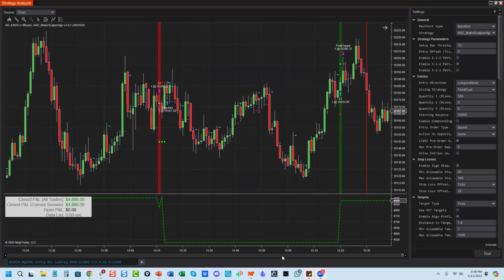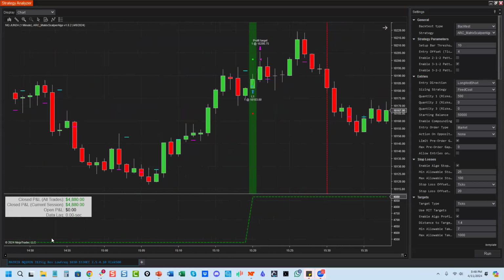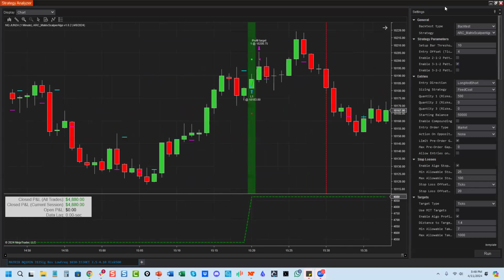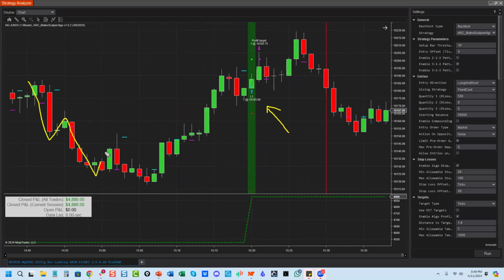Okay, take a look at this. If I'm looking at this environment, let's just take a look at this trade setup for a second. Market comes down, boom, boom, boom, boom, boom, boom, puts in a higher high, breaks the structure. You get the impulse leg.